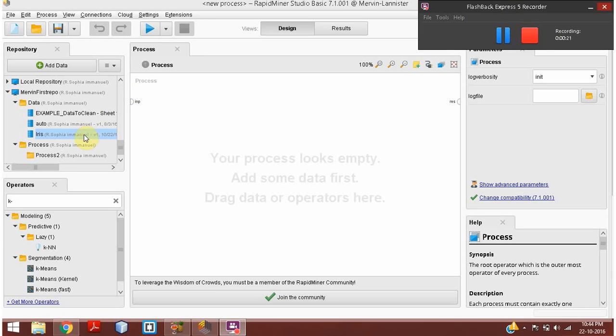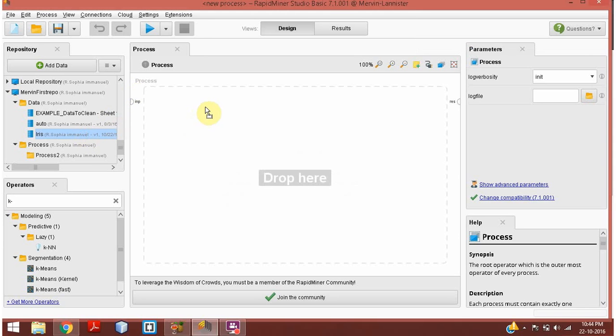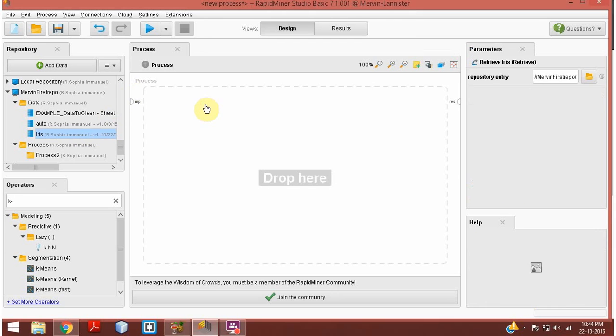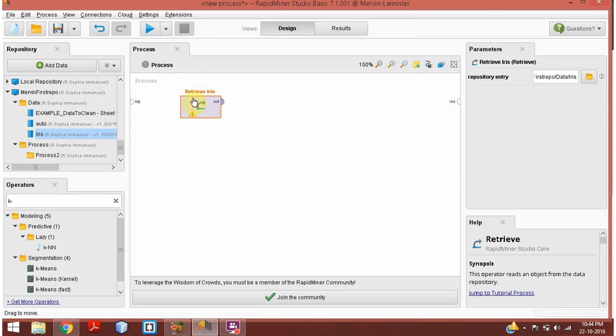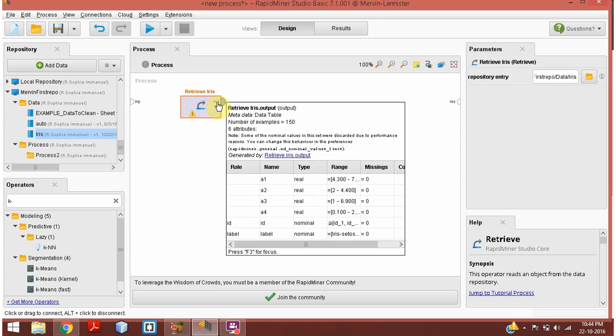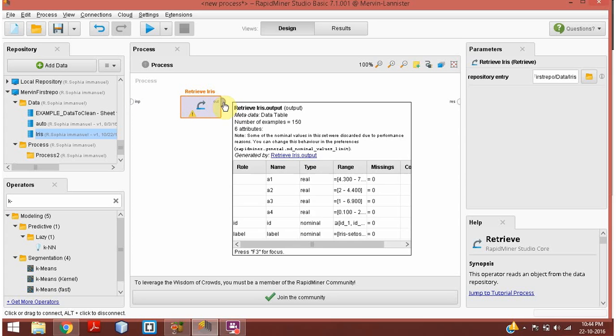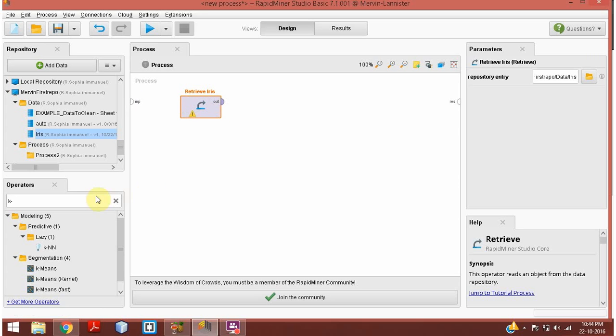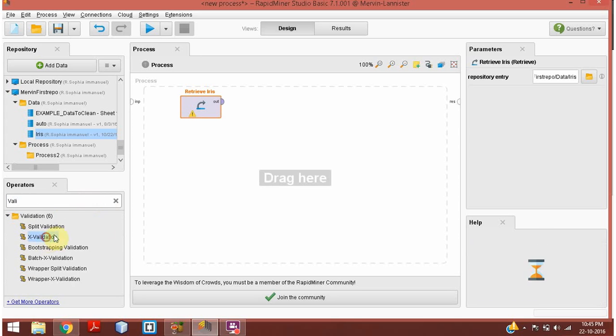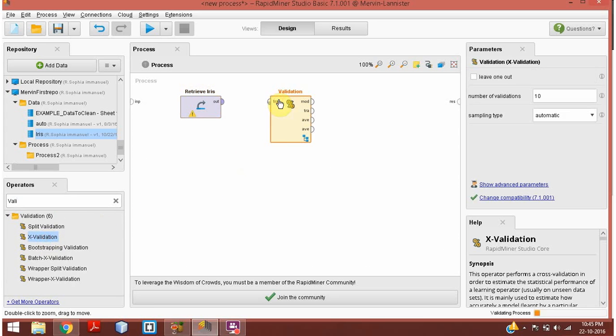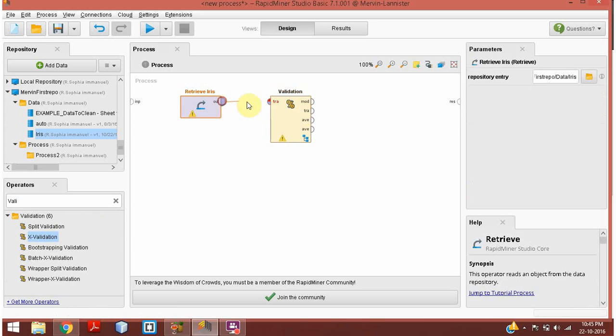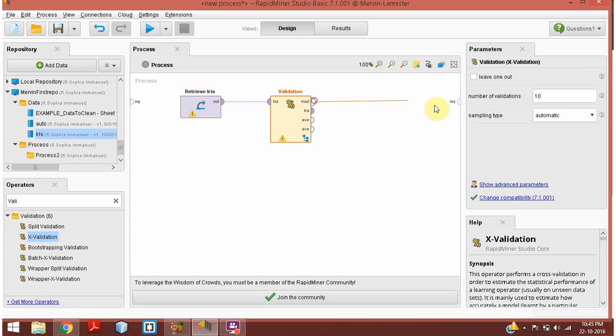So now we have the iris dataset which we're going to be using. So I just drag and drop it here. So this takes up the retrieve iris. So now this is the input and the output which will contain the iris dataset. Now what operator I'm going to be using is an operator called cross validation. So this I drag and drop it here, and then we connect the required results